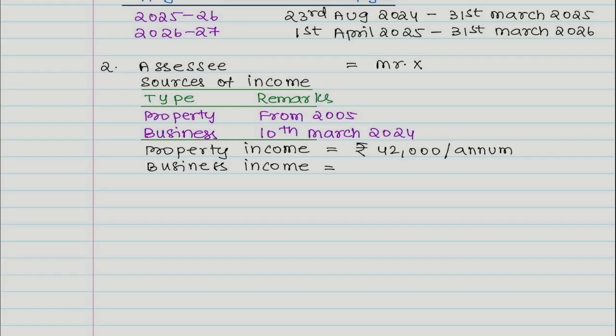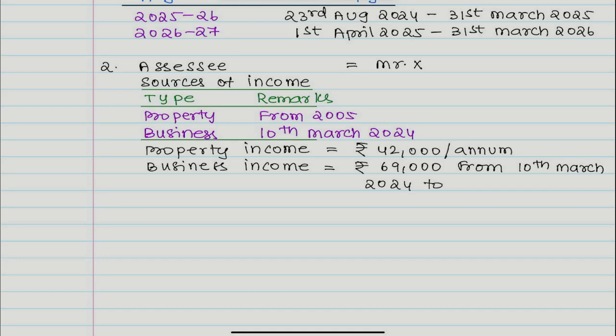Business income, Rupees 69,000 from 10th March 2024 to 31st March 2025. Rupees 10,000 is